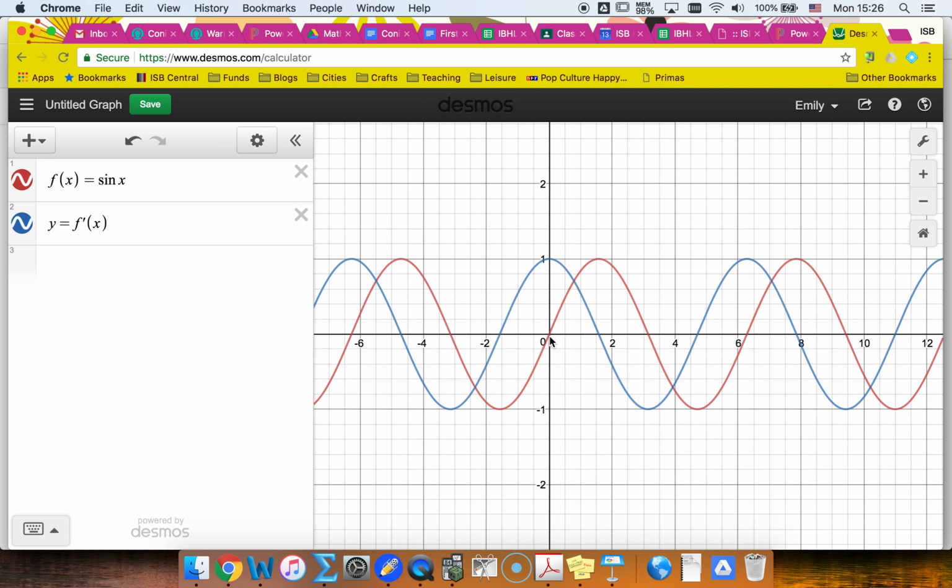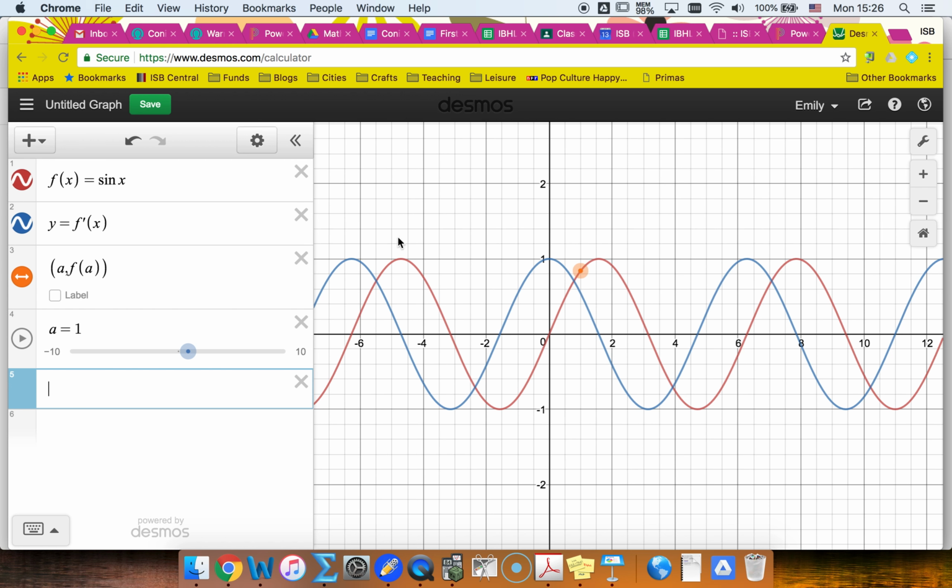At this point 0, let's put in a point, f of a. As I drag this along, I can think about my slope. At this point is where my slope is the steepest, and then it becomes less and less steep until at this point the slope is 0. So I had a very steep slope, there's my highest point, and then it got less and less steep, but